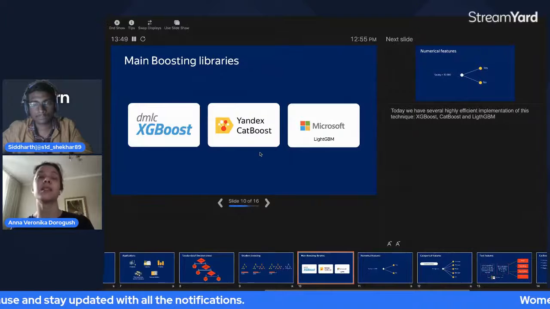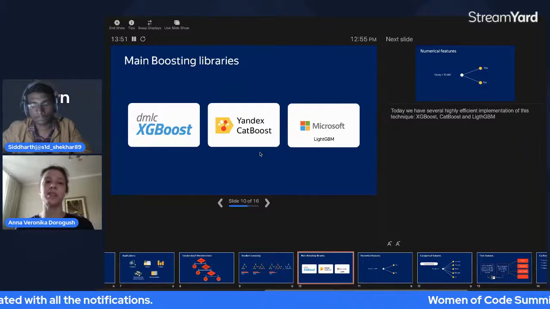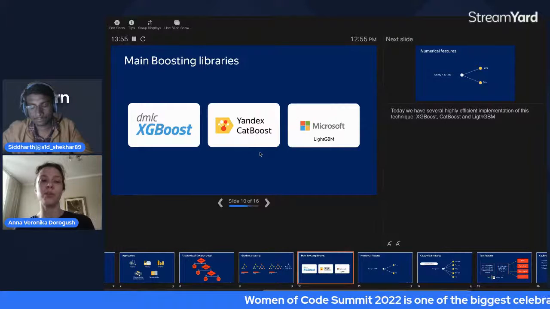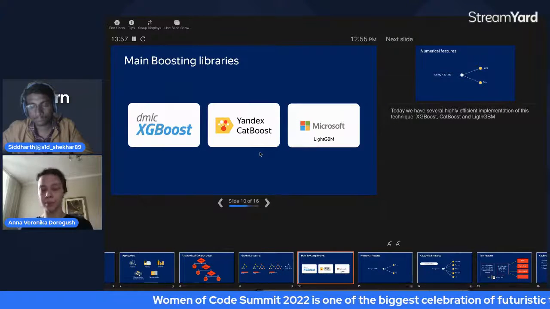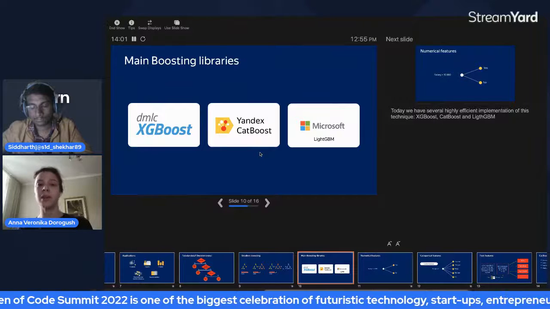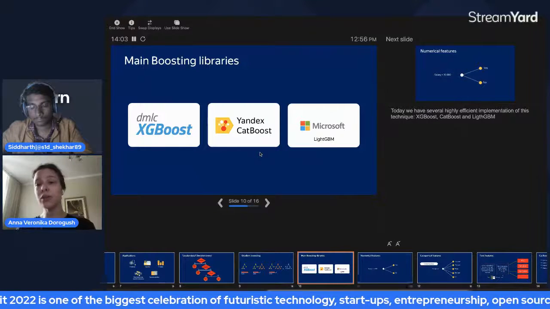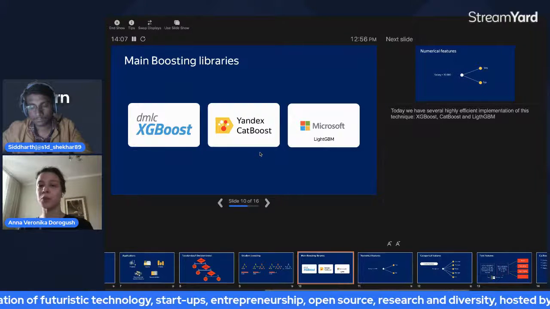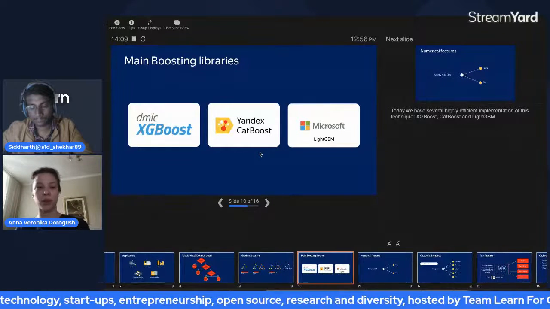There are three most popular gradient boosting libraries in the world. The first one to be put in open source was XGBoost. The second one was LightGBM. The latest one was CatBoost. All three libraries are in the top 7 most popular machine learning frameworks in the world.